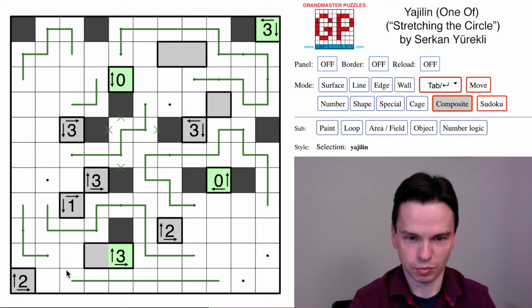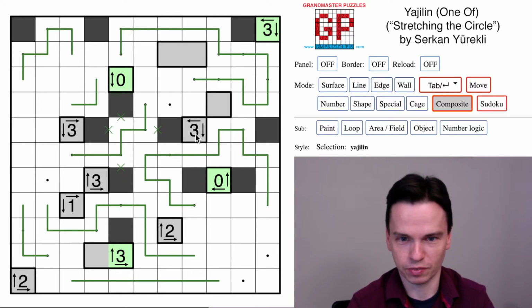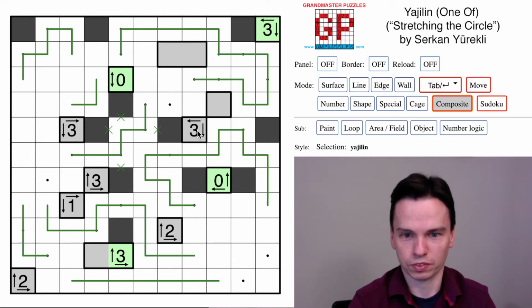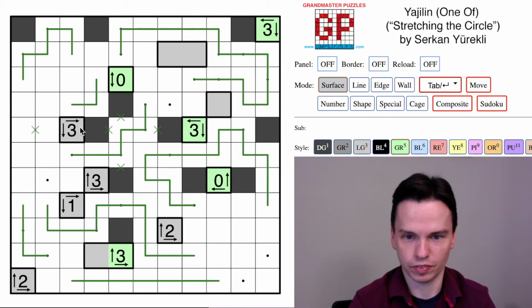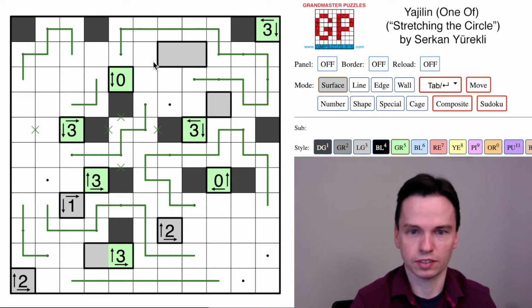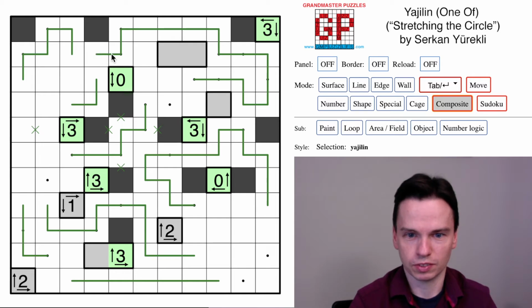And I think there's a lot more we can do as we keep working through that, but let's not overrun our progress. Let's think about what more we know. This 3 can't be down, so it has to be to the left, so there's a clue there, and so we've actually fulfilled these clues, we've fulfilled this clue. We can think about this 2, and in thinking about this 2, again, we said this end has to come out and not into the space, so when I mark this in, this 2 has to actually take ends over